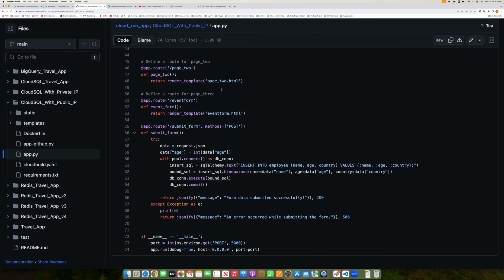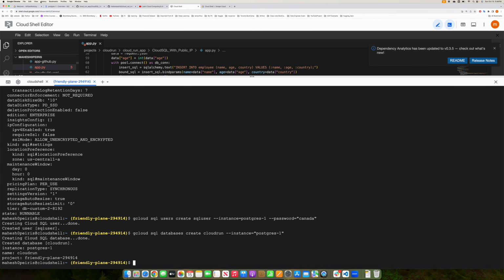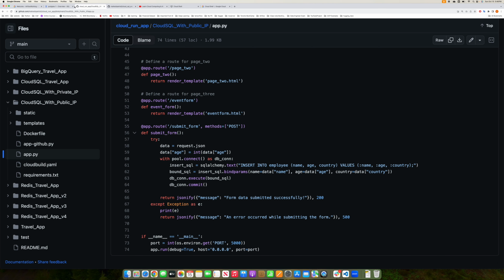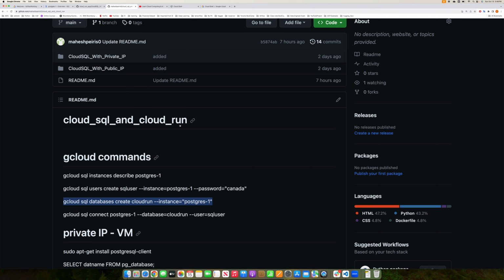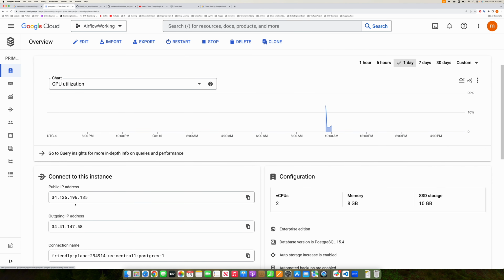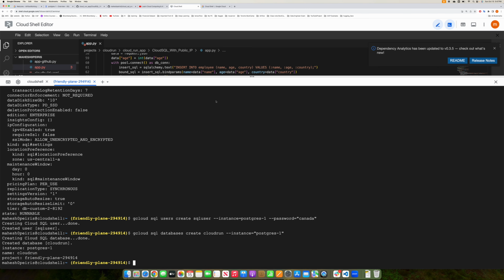In order to create that table, you need to connect to our Cloud SQL server. You can run this connect command, but this can only be done when you have a private IP address. Otherwise you can't do it. In order to do that, you need to open a VM in the same region to connect to your private IP address one. Since this is a public IP address one, we can use the cloud